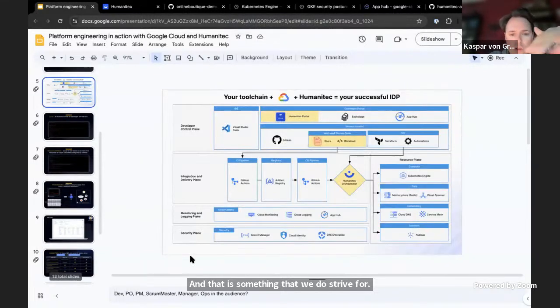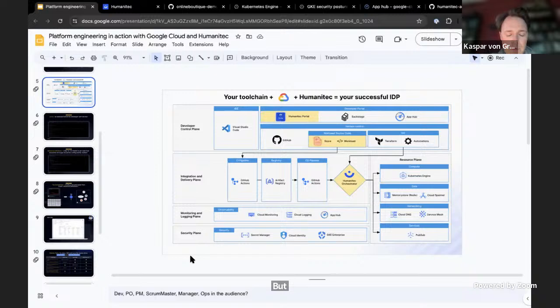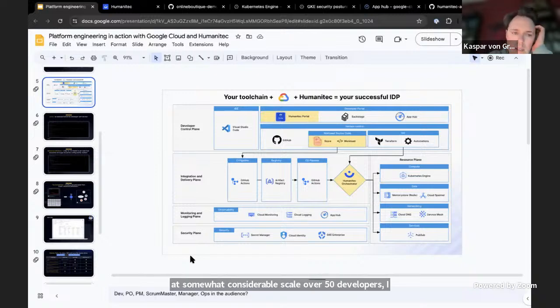So this is not a wonderful graphic, but it's also a reality that our customers use. Obviously, also a reality that we demo a lot. I want to say one thing, this is a reality for large customers. I sometimes have GKE accounts with 20 developers coming, and then my recommendation is always, this is like heating your home with an atom reactor. It's totally possible, but probably slight overkill. But if you're at somewhat considerable scale, over 50 developers, I would say this is definitely a cool way of